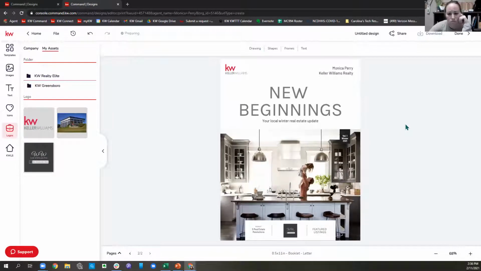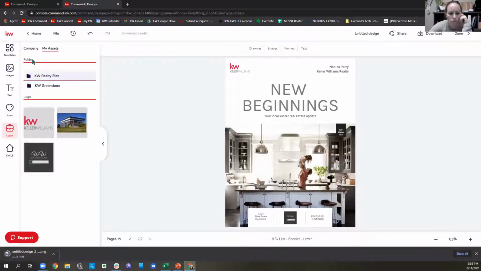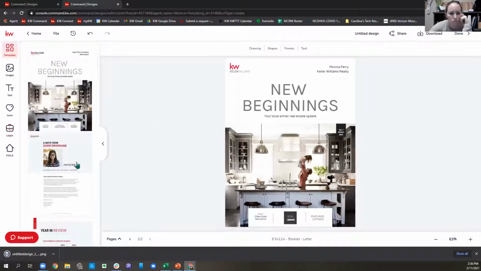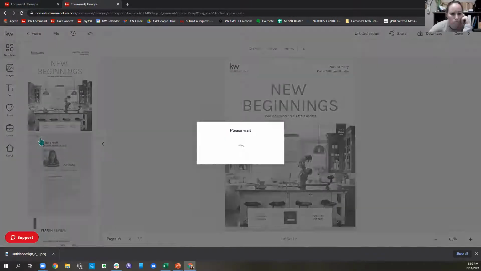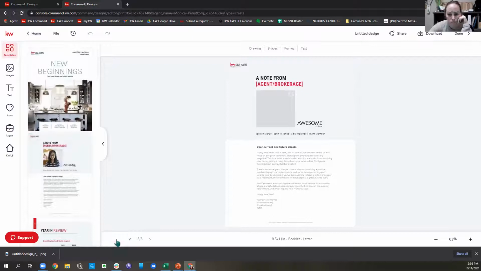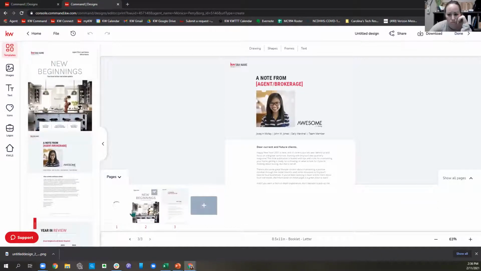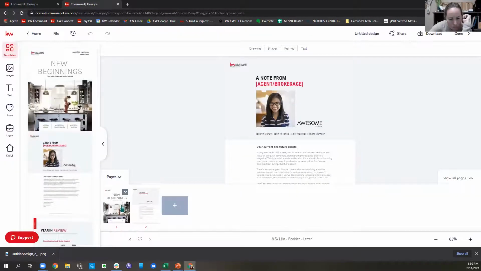We'll let that do its thing. There we go. Okay, so now we can go back into the template. So if you want to have this note from the broker, you can go ahead and hit the plus button. That will be your second page. So we can lift the bottom up and see our pages. Go ahead and get rid of this blank page. And so now you see we have the cover, and then we have the note from the agent on our